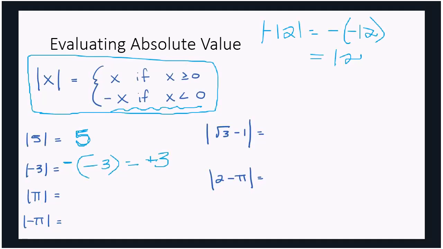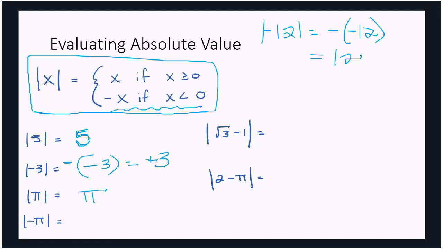Now I think that we all come to the point that whether we have a positive value inside the absolute value bars or a negative value within the absolute value bars, we just know instinctively that it's going to give us a positive answer. So in terms of our next example, the absolute value of pi, pi is 3.14. That's the symbol for pi, or the number for pi. It's a positive value, so we know that the absolute value of pi is just going to be pi.